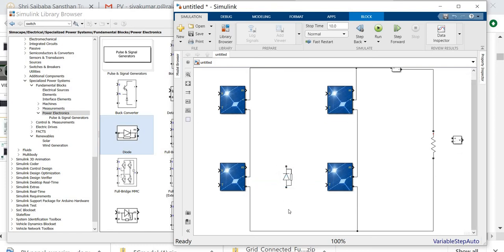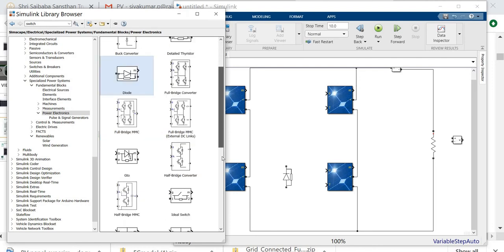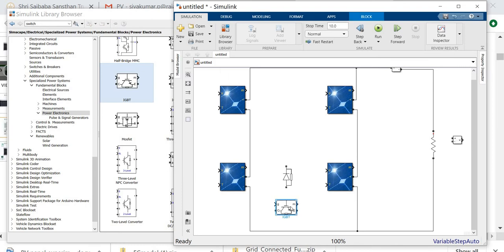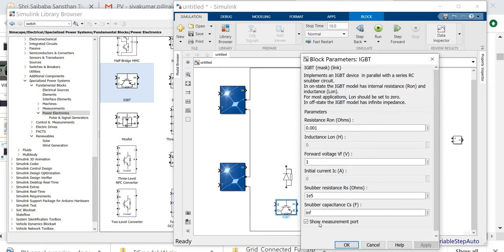Now for the switch, this is the positive and this is the negative, which can be connected in reverse bias. So the electronic switch is also going to be connected in the reverse direction. This is the IGBT switch. So I double click this switch.